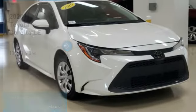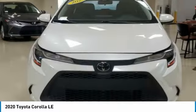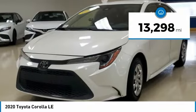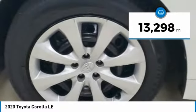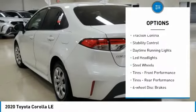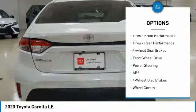The 2020 Corolla. The Corolla is still a great option for those who want dependability, comfort, and value. This vehicle has less than 15,000 miles. Here are some of this vehicle's great options: tire pressure monitor, brake assist, traction control, stability control, daytime running lights,